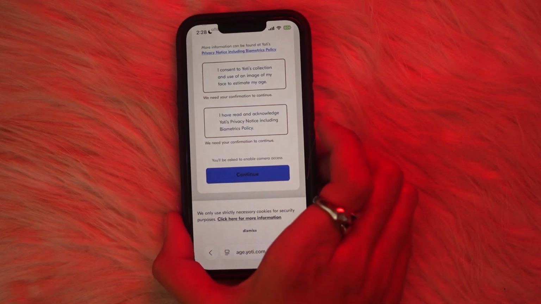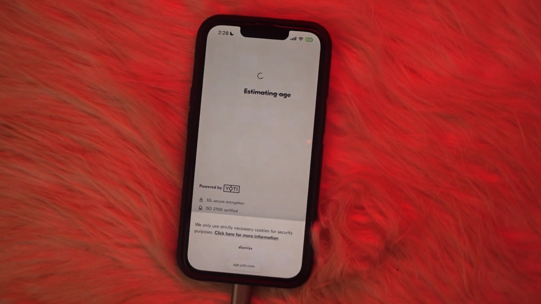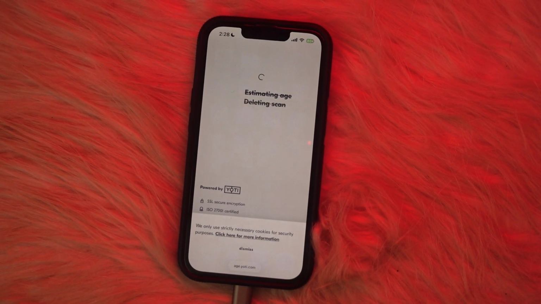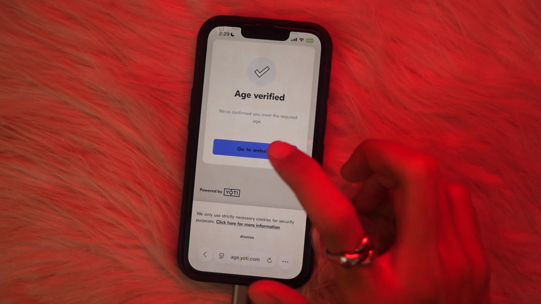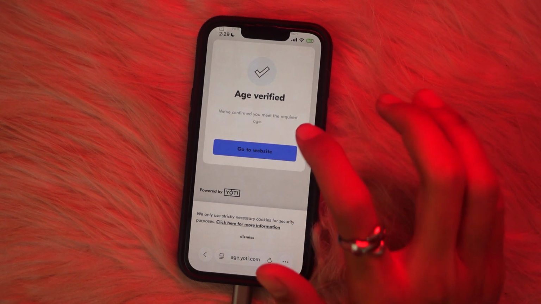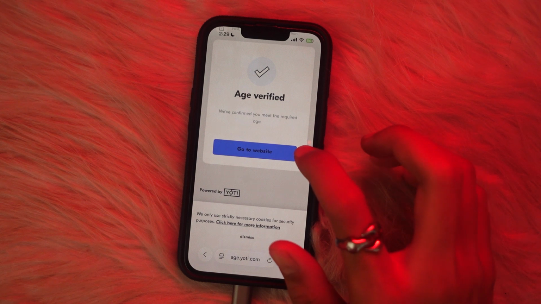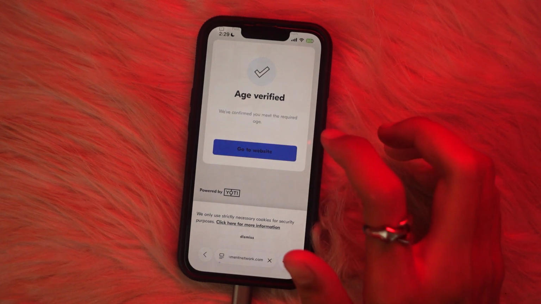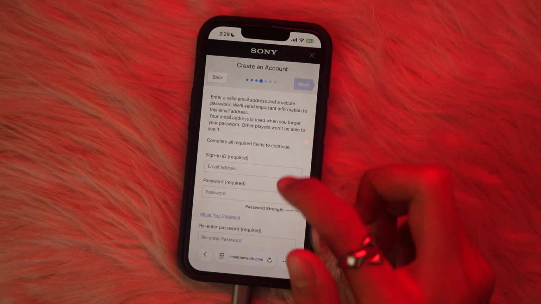tap on continue button. And after scanning your face ID, it will estimate your age and verify that you are not minor. And let me tell you, it will not store your face data or anything. It will just scan your face ID, and after it verifies your age, it will delete your photo. And then you have to go back to their website and then tap on continue button, and now you have